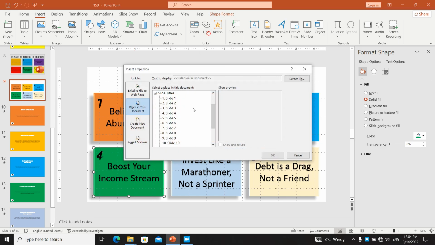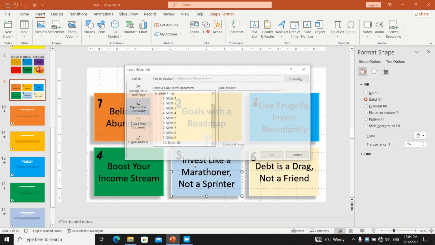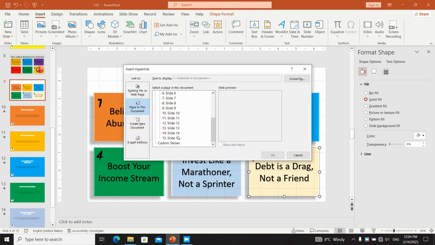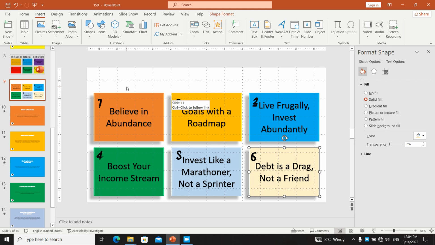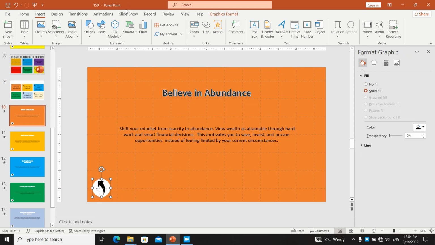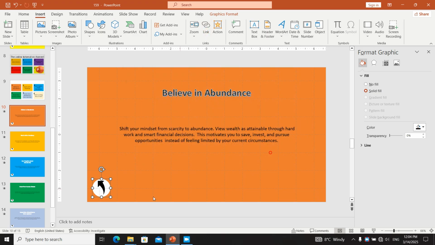This shape, link 13. This shape, link 14. And this shape, link 15. Everything is okay. Now I just need to simply go here and link these things to slide 9 and then copy that,